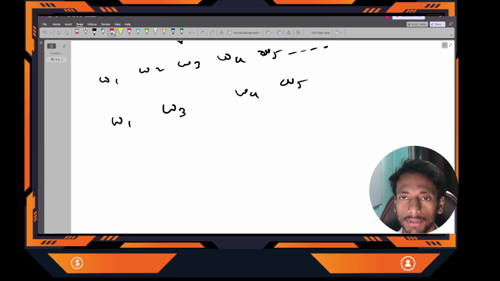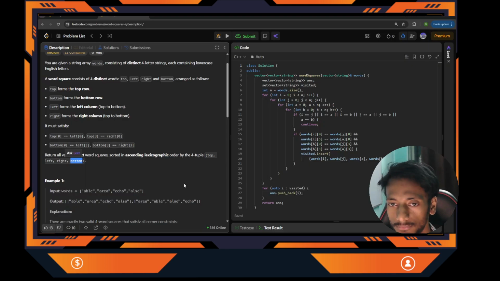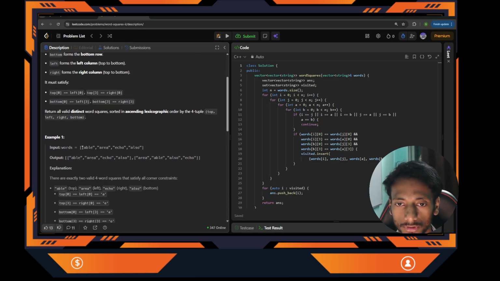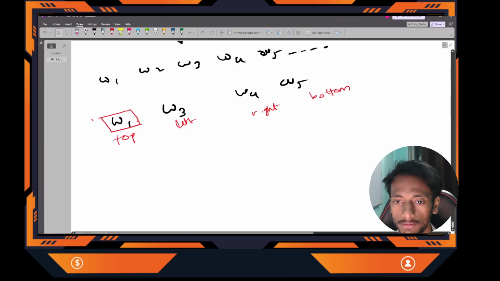Now I am assuming that this is the top, this is the left, this is right, and this is bottom. So what will happen? They mention that each word will have 4 letters. Let's take a real-life example. So here we have 4 words, correct? I'm assuming one will be the top, another will be the left, another right, another bottom. So avel, area,